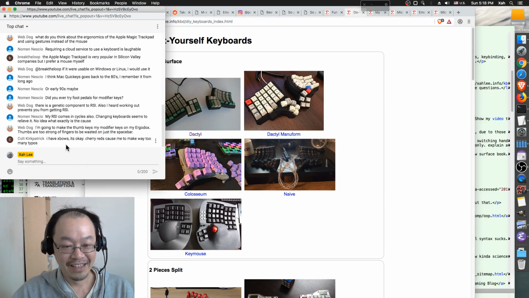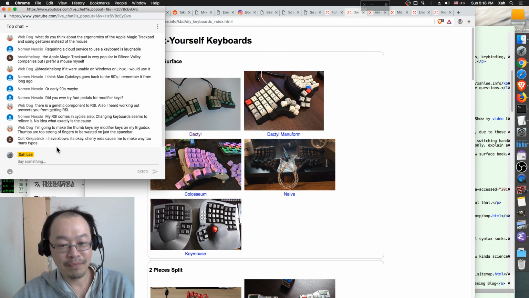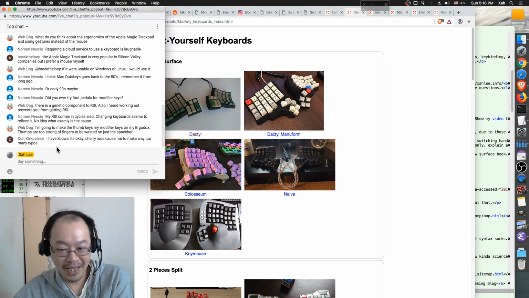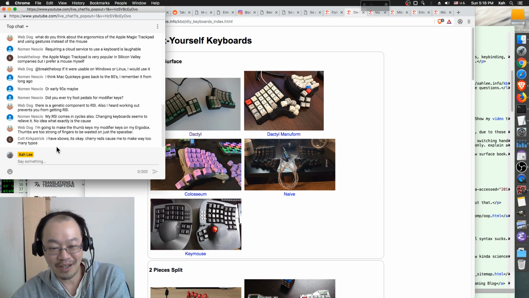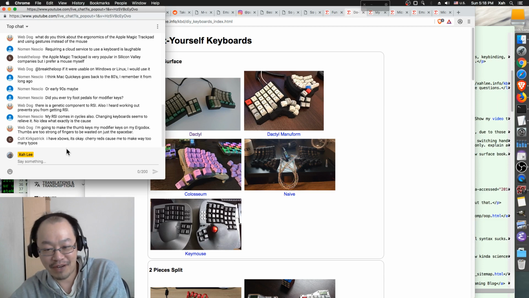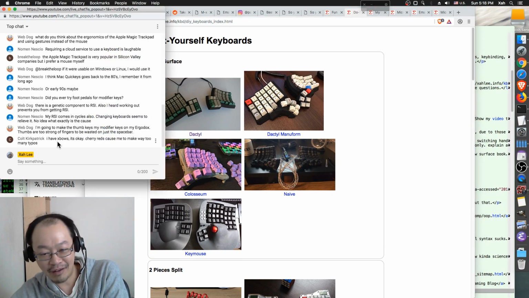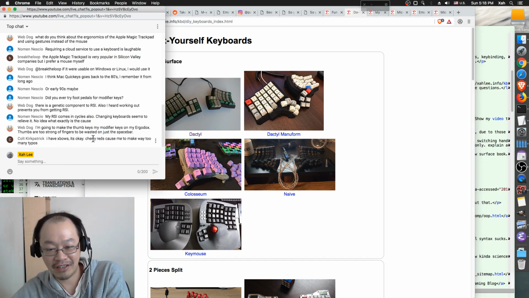Kirk says, cherry red caused me to make way too many typos. Oh, okay. So I guess you have a bigger body frame than me. Did you get used to it, or would you still rather have cherry brown?